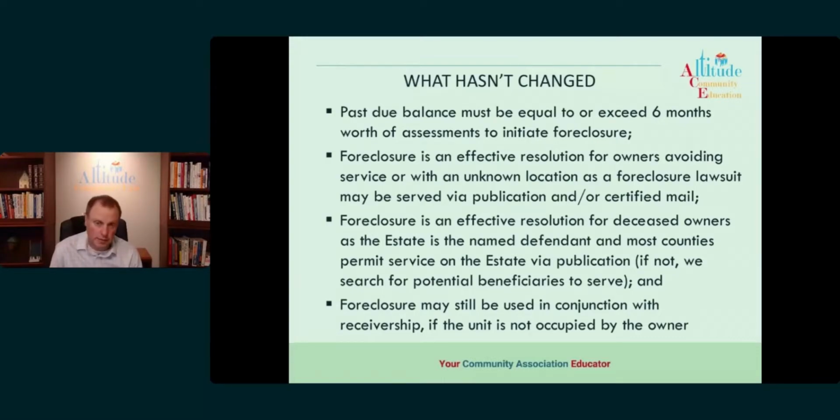So again, some of the times where this would be used in the past was if it was 6 months' worth of assessments, and say you had a $50 assessment, some attorneys might be looking at foreclosure 6 months after that, and the balance was only $300. Then you'd have all the attorney's fees on there, all of the late fees, all of that, and you'd be looking at a $300 balance that was being foreclosed on for $5,000, $6,000, $10,000.